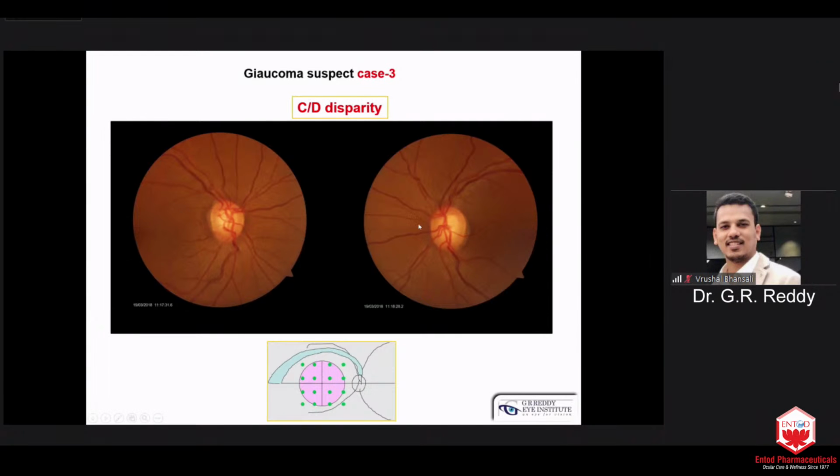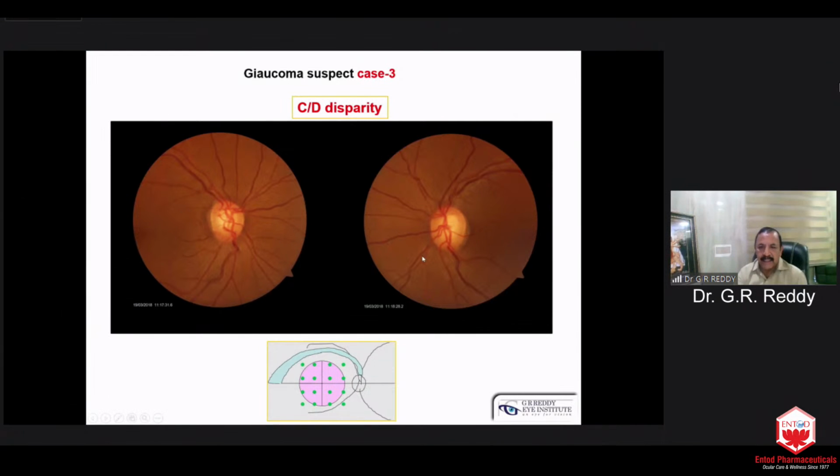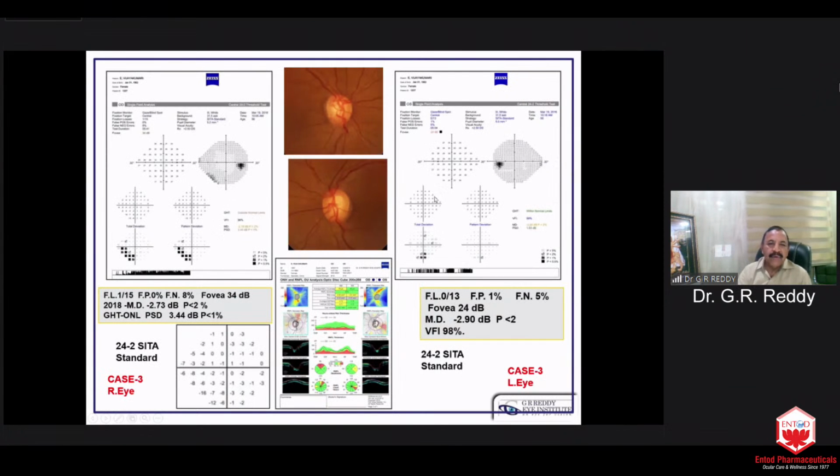There is no clue from the fundus except the disparity. Suspected something may be there. And when we took the field, 24-2 SITA standard, well done field, with the PSD 3.44 dB with a p-value less than 1%, GHT outside normal limits, and the field defect is fulfilling the Anderson's criteria. And you see this is not an absolute scotoma,